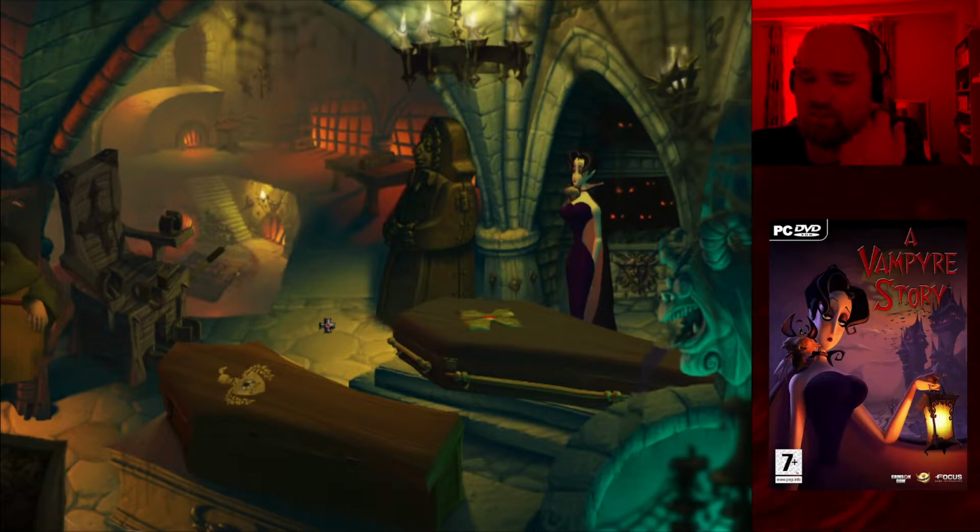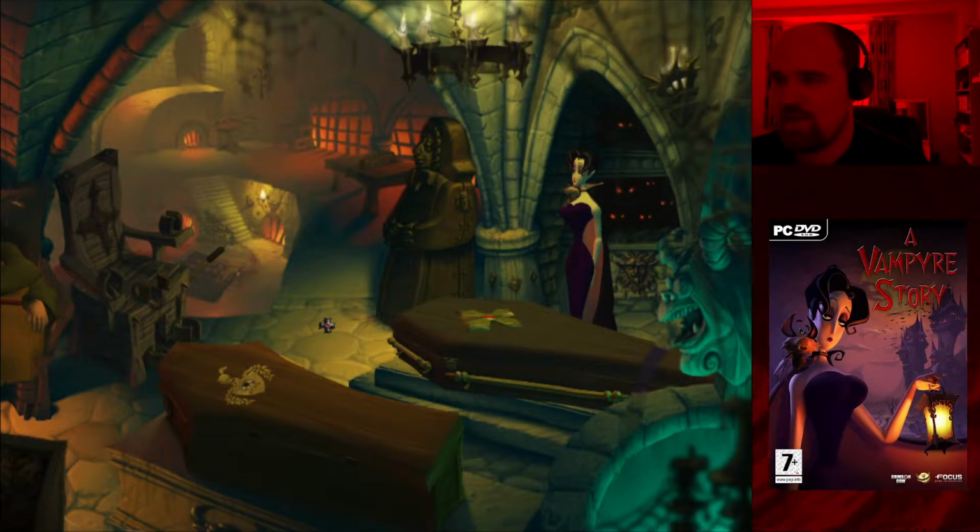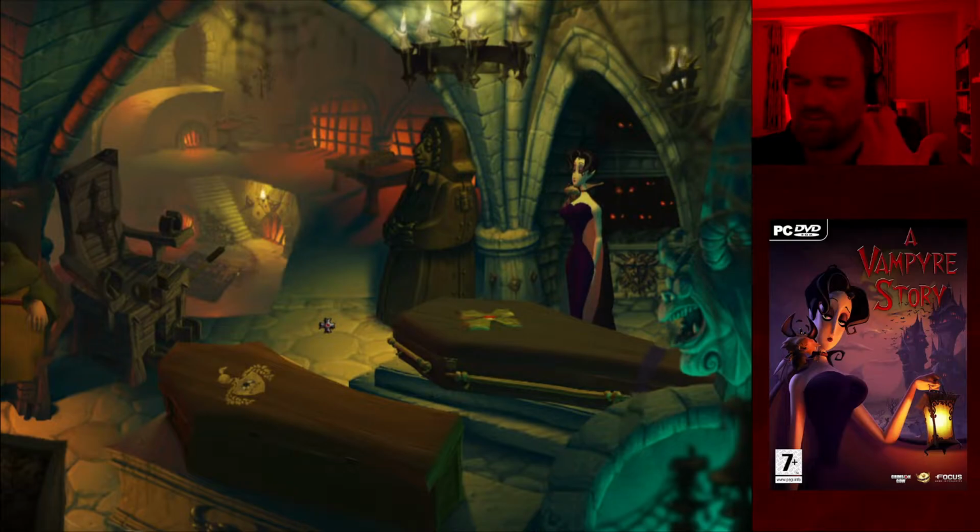I think it's interesting that they're trying to come up with a solution, because traditionally in adventure games you would just pick up everything that's not nailed down, regardless of context, whether or not you need it. And I guess the idea is she wouldn't pick something up unless she knew of a use for it, right?